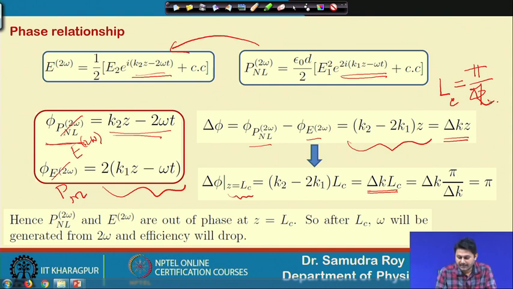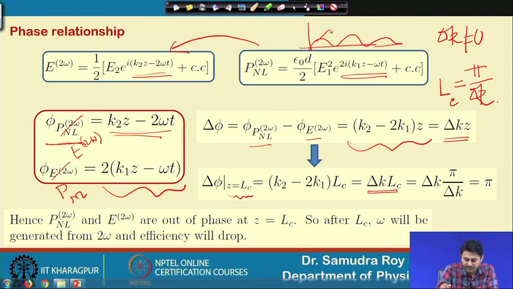So, at this point we will have the efficiency maximum when delta k is not equal to 0. This curve you should remember. It was something like this, and then the efficiency goes like this. It is the efficiency as a function of z. For delta k equal to 0 this was proportional to z square, but this is a sinc function and we are plotting it as a function of z here. At this point we have L C, which was pi divided by delta k. That was the figure we had in the previous class.